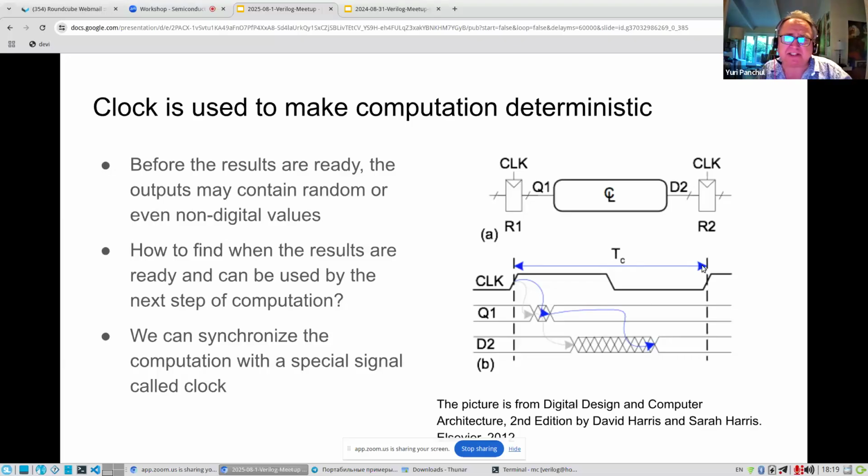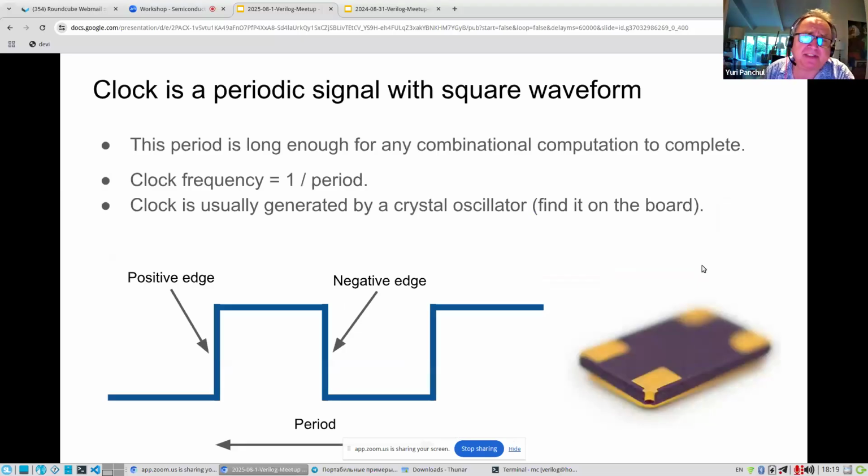Actually, in companies, usually we first budget and define the clock frequency, and then we make the design fit this frequency. So clock is a periodic signal which has a square waveform. It goes 0 to 1, 0 to 1. The moment when it goes from 0 to 1 is called the positive edge, and the moment when it goes from 1 to 0 is called the negative edge.